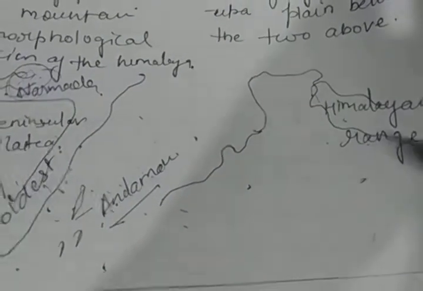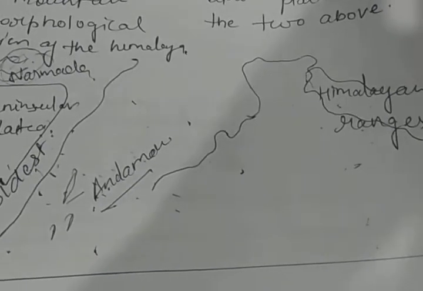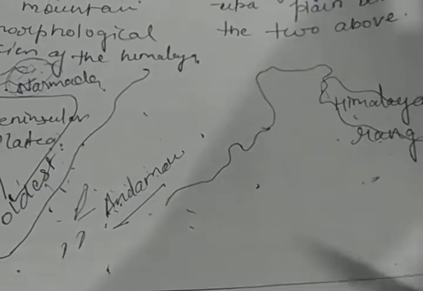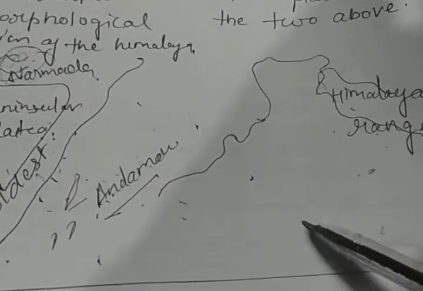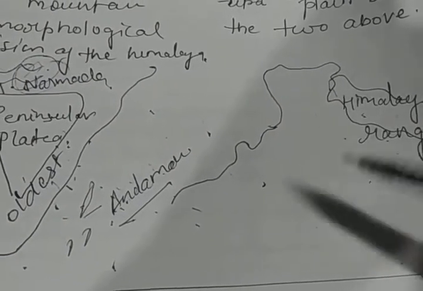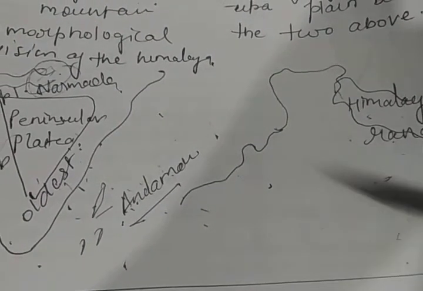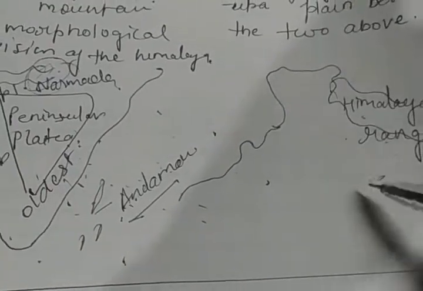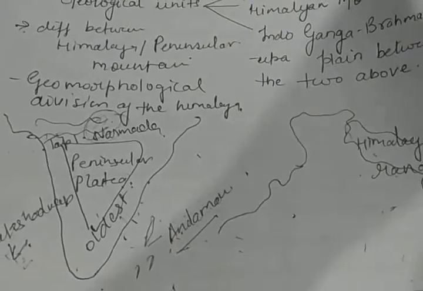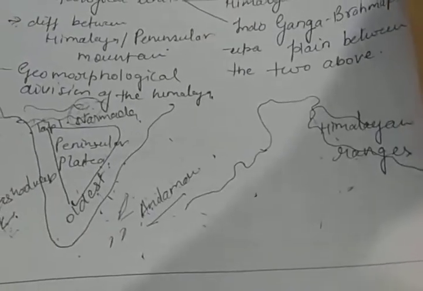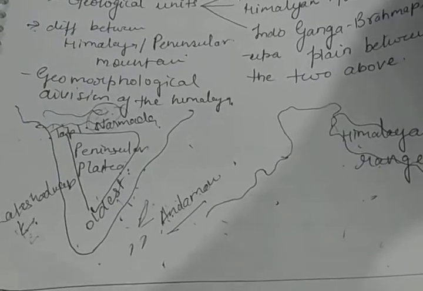There were two land masses, which you can call Angara land and Gondwana land respectively. The sediments in the Tethys Sea were deposited by rivers flowing into it from the two land masses. Now the peninsular plateau you can see, and in the last stage of the mountain building process, the sediments of the Tethys Sea were folded, and at present you can see the Himalayan ranges. This kind of info will be discussed later in this chapter. I hope you can understand everything properly. From tomorrow or day after tomorrow we'll continue this chapter in our next class. Thank you so much.